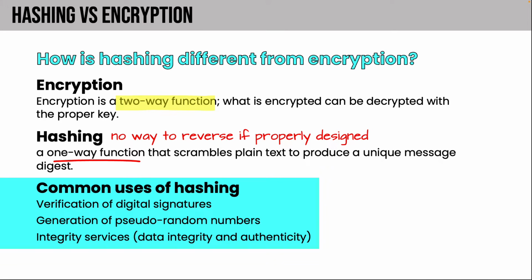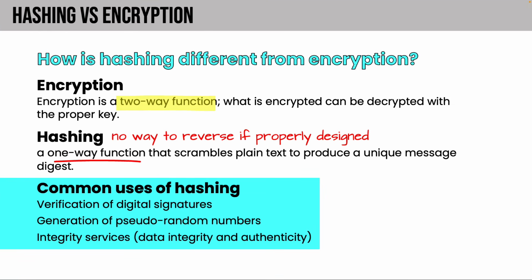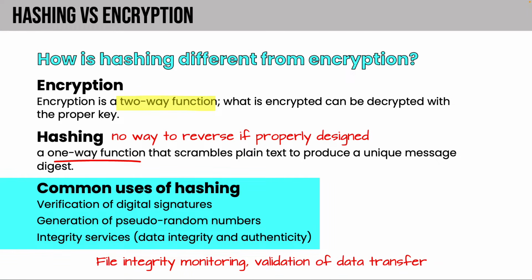For example, we can hash a file before we send it and run that hash again after and make sure that it matches, that the data arrived intact. And you've no doubt heard the phrase password hash. It's a hashing function that's used to hash your password, which is then passed between parties in the authentication process. So file integrity services, monitoring, validation of data transfer. Hashing is used in file integrity monitoring, where we have a security product that monitors our sensitive system files to make sure that they're not changed without authorization, or validating data transfer, as I mentioned, hashing a file before and